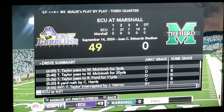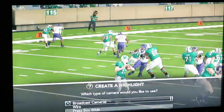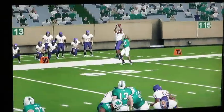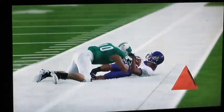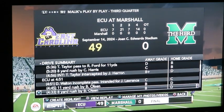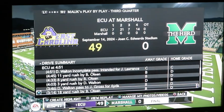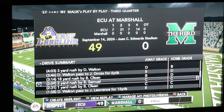Third quarter, Marshall, they were going on a decent drive, but then Jared Herron strikes again with yet another interception. Right near the sideline, they were going for their big tight end, but could not get it to him. Herron high pointed that ball and then kept his feet in bounds. So that would lead to a score